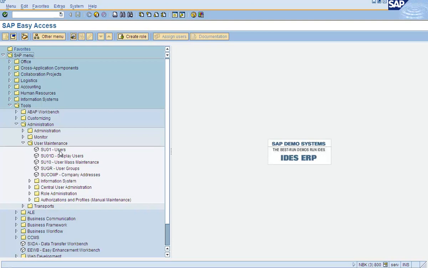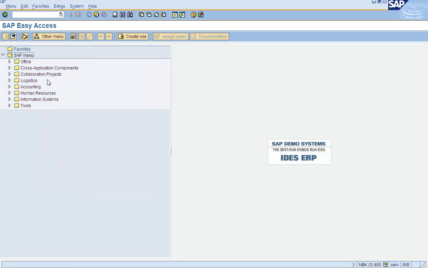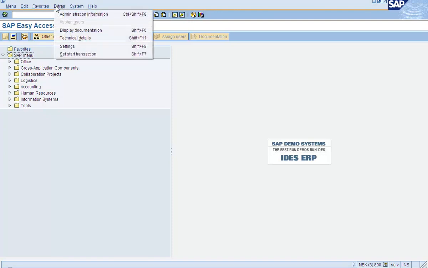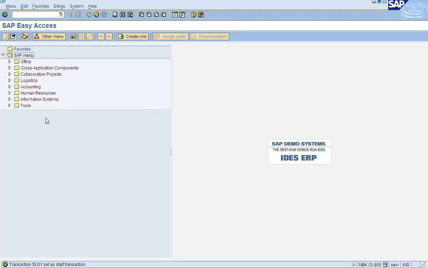Now another thing, sometimes what happens is, this is a tricky thing. As soon as people log in, it goes to a particular transaction code. For example, I'll give you a demo for that. Here it says set start transaction. Let's say I enter SC01.